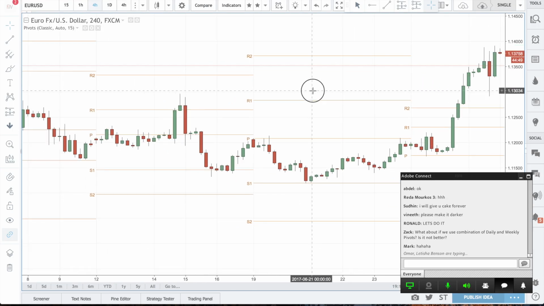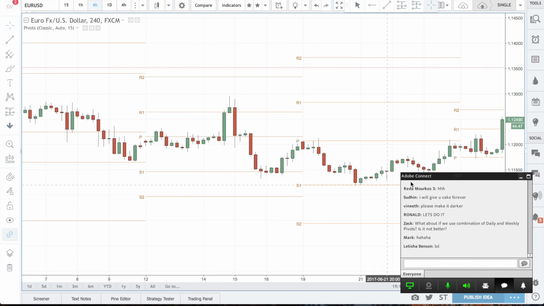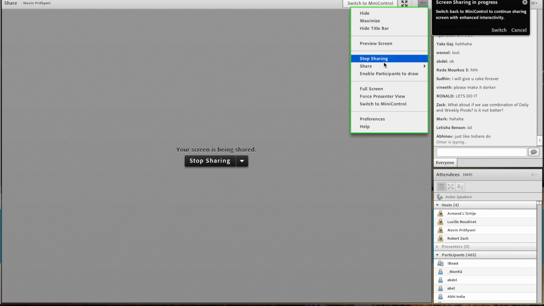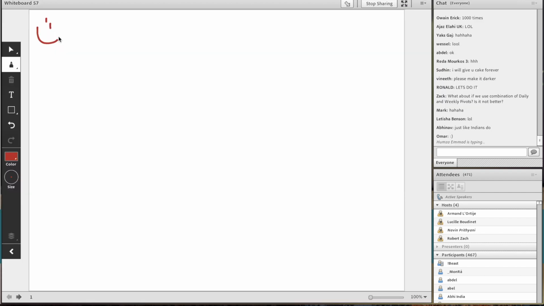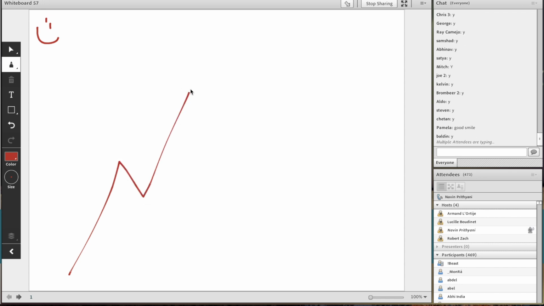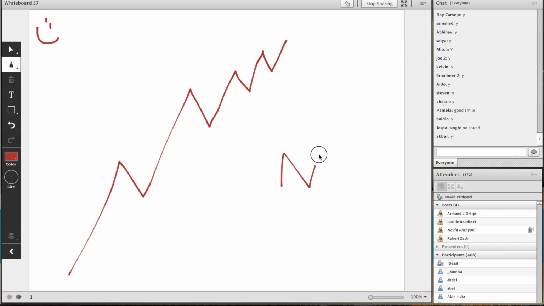Now, if we're looking at these markets, sorry, I need to go onto the whiteboard. The market works in several phases. I'm going to open up the whiteboard. Everyone see my smiley face? Okay, so the market works in phases. There is a trend movement, there is a pullback movement, there is a trend movement, there is a pullback movement, there are channels, and then there are ranges, correct? These are the different phases.